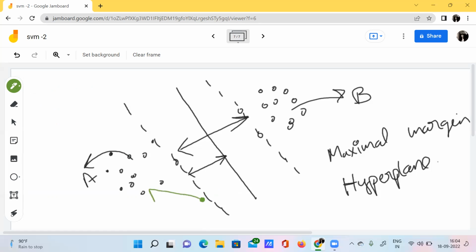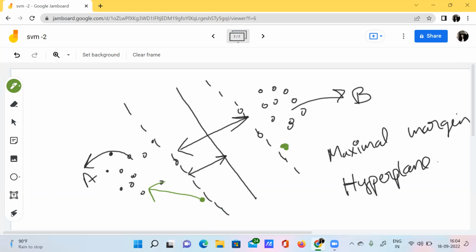to this particular class. Why? Because see the position of this data point is lying left of this margin, right? So whenever we have a data point which is present left of this margin, we can say that data point belongs to this class A. For example, if I got a data point here at this point, how do you classify it?